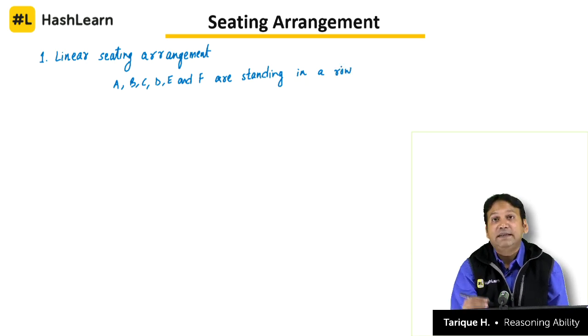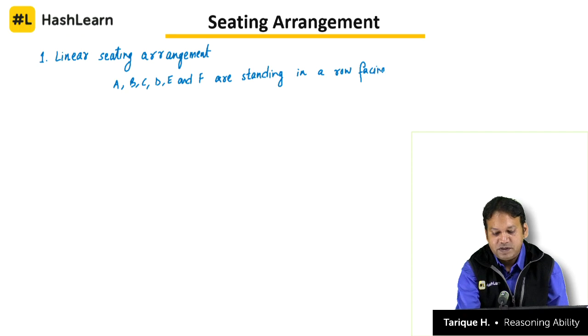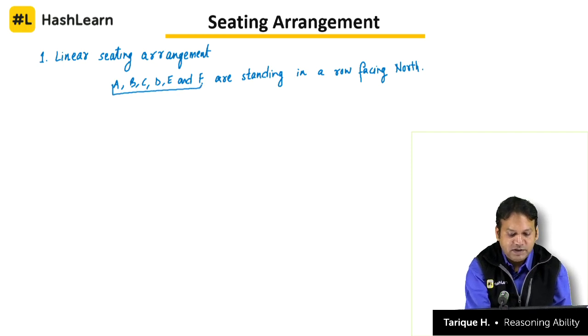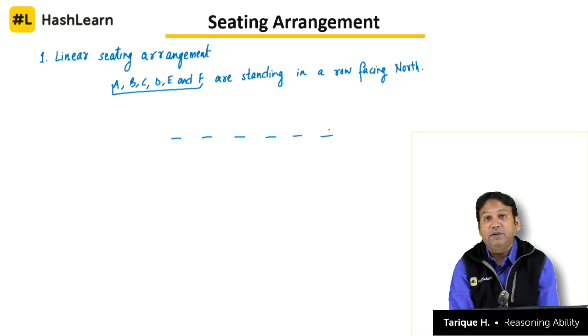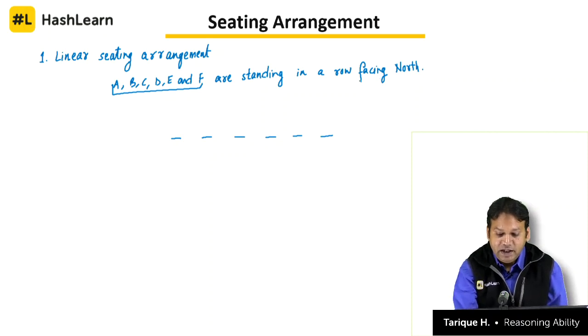So the moment we see the first statement of the question, we understand what we have to do to start solving the question. So 2 things are there. One is that we see how many persons are there and we say how many positions we need, 1, 2, 3, 4, 5 and 6. So you immediately make 6 positions for these 6 persons and also understand that they are facing